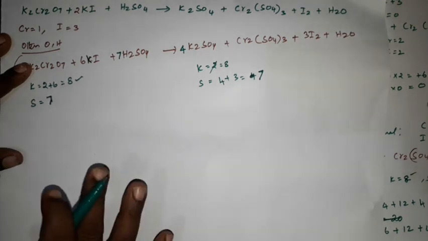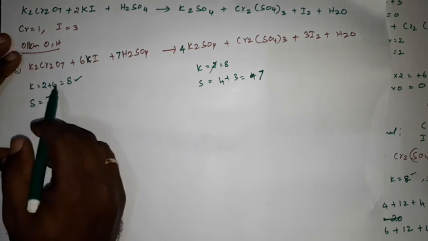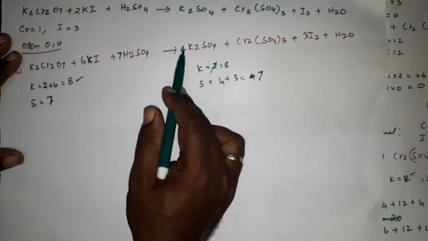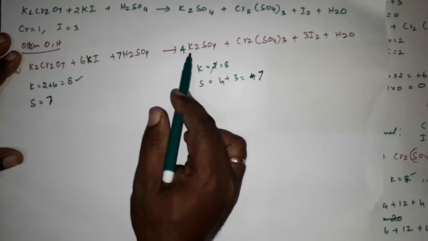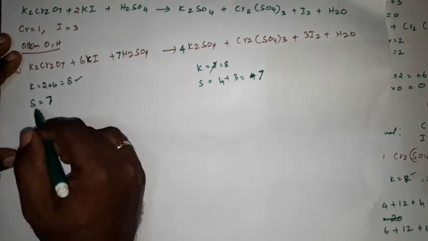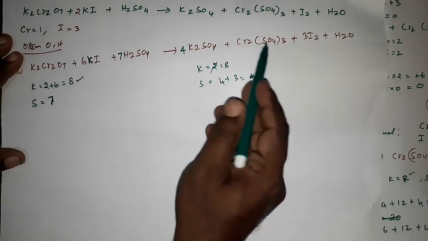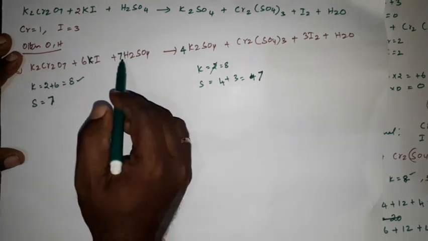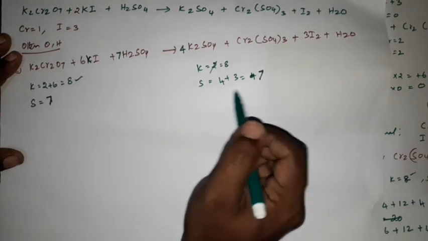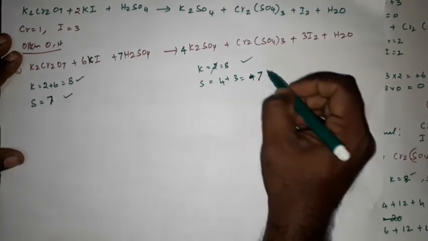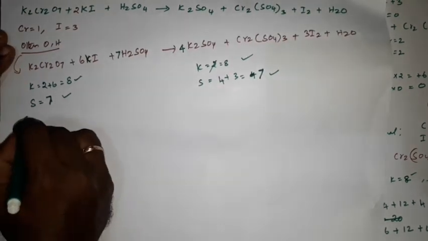First for potassium, here 8, so here also we made 8, by putting 4. Now after putting 4 here, this side only 1 sulfur, this side 4 plus 3, 7 sulfur. So I am putting 7 here. Now sulfur is balanced. Sulfur and potassium is balanced on both sides. Now balance